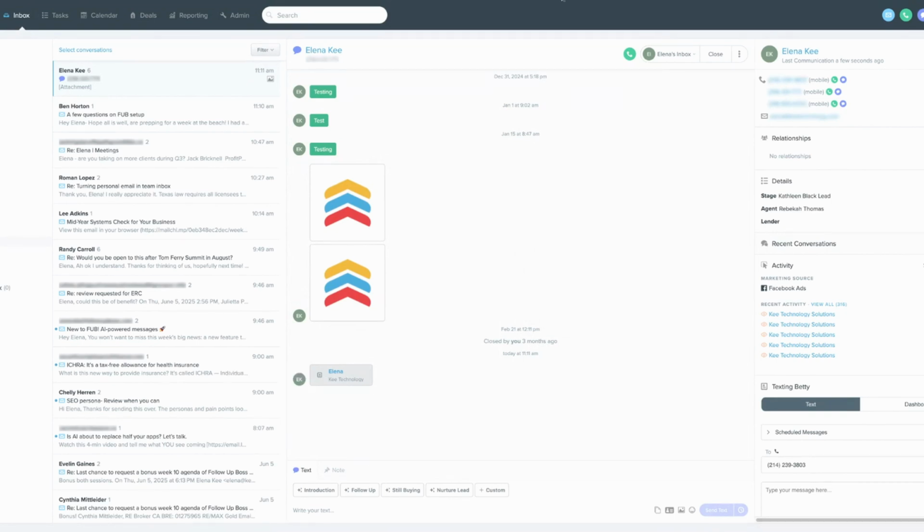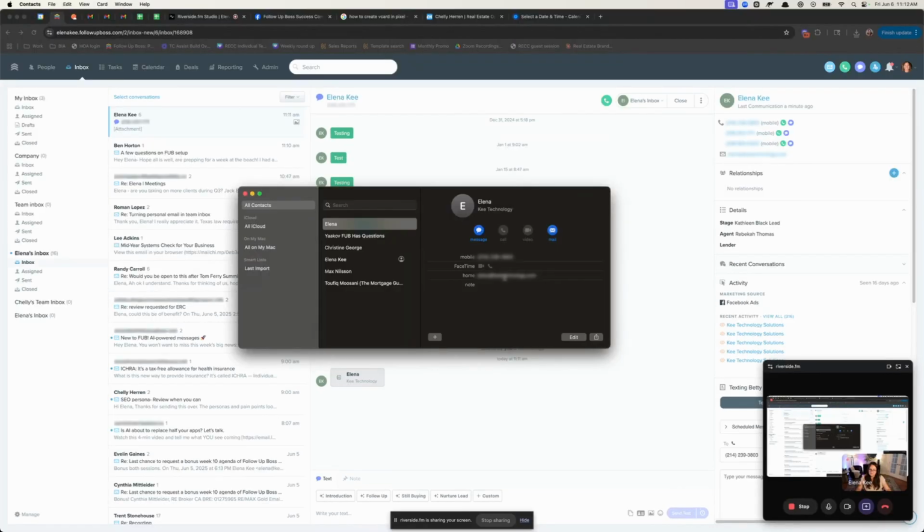So when I click to download it, when I open it, it attempts to add the VCard to iCloud because I have it open in MacBook, which I don't want. I want to upload it to Follow Up Boss here. So I can't really copy paste from here very well. So instead, I'm going to screenshot it like this